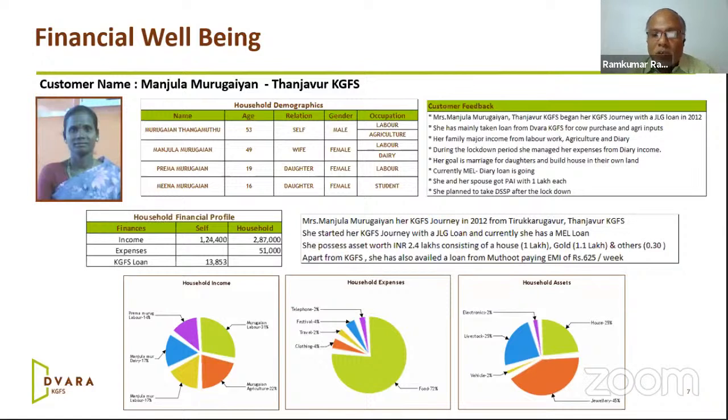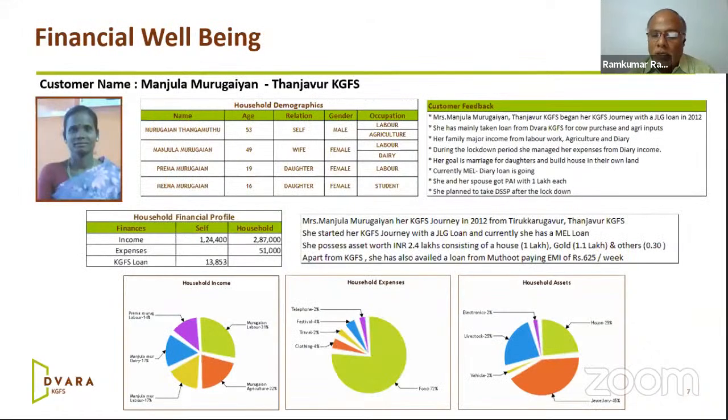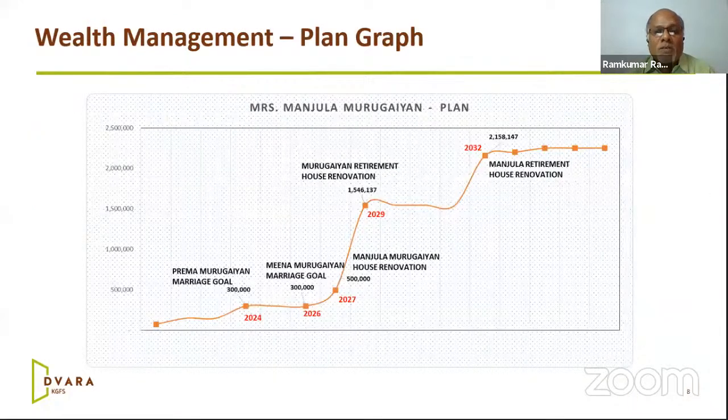Now, how does data work here? When I speak to Manjula as a wealth manager, I understand what are all her goals. If you look at here, we have plotted the goals here. She has 2 daughters, and priority is daughter's marriage. Then you have house renovation. Then the plan graph for us is quite 200 years, of which we talk about retirement, how much a corpus would require if some person